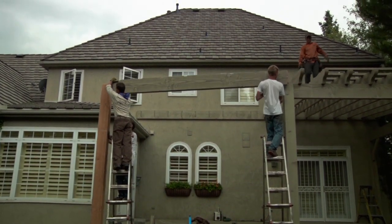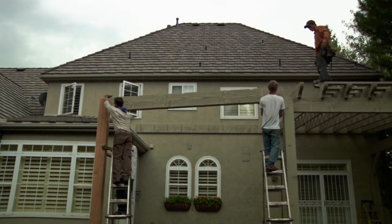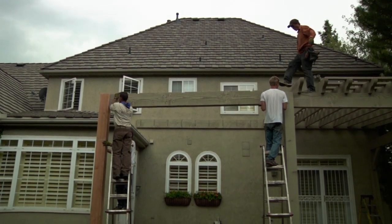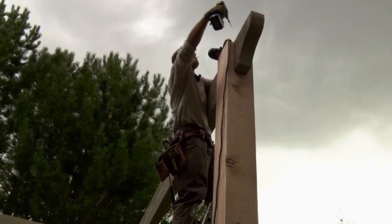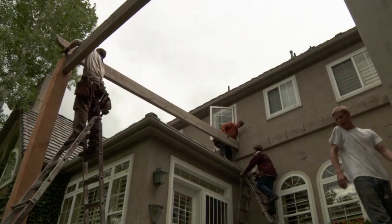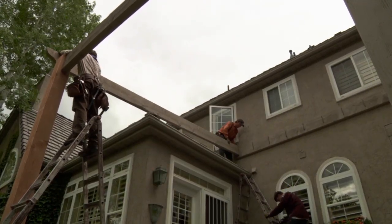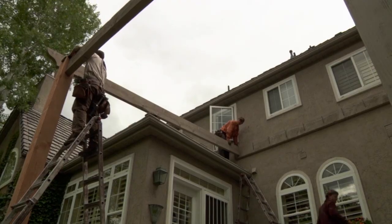So it's very rewarding at the end of the day when the project's completed. It's all installed. The customers come out and they're ecstatic, excited. They're ready to use their new patio and shade structure, and it's very rewarding to see the team effort that it took to pull this